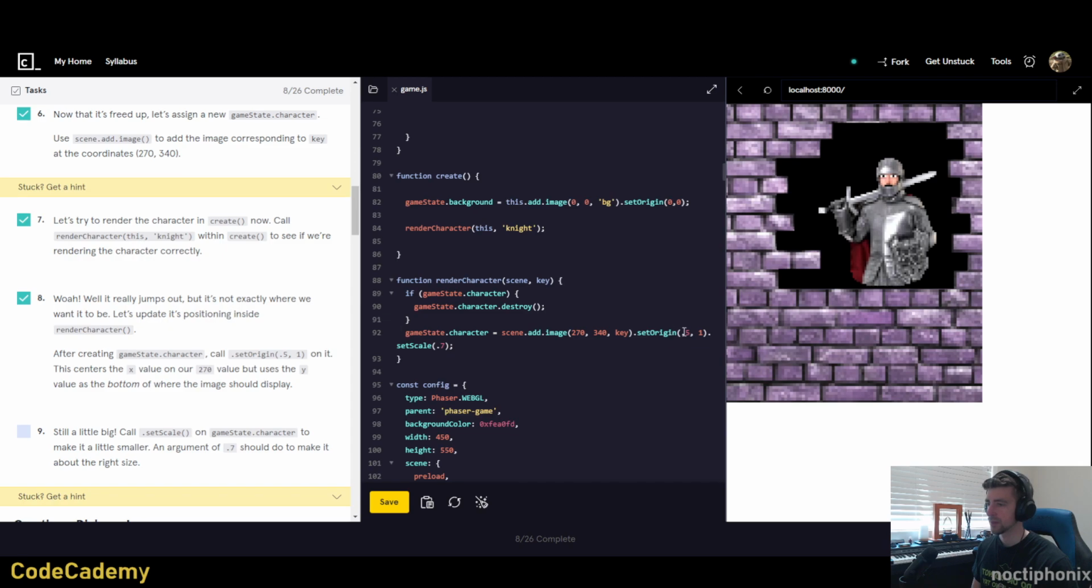Okay. Yeah, so with set origin, it's interesting that they have us do 0.5 and 1. And they said that 1 is like saying, this is the bottom of the screen, so use that as wherever the bottom of the knight image is, or whatever's containing him. And then 0.5 is to say that we're setting it at 270, which is not quite, it's a little over half of this, but 0.5